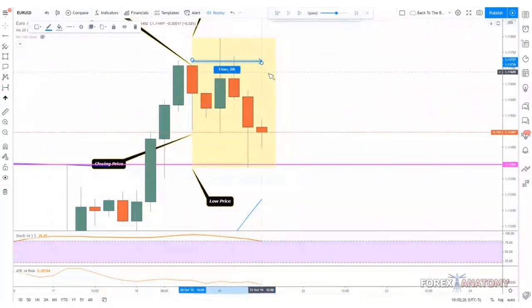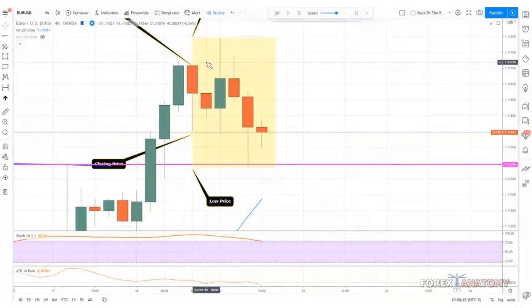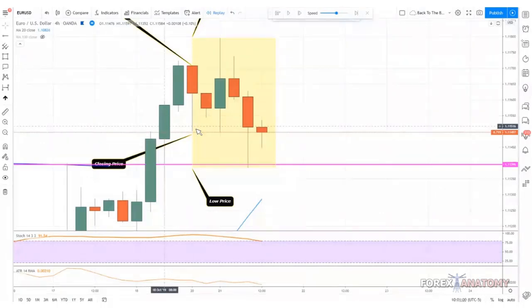Really, this is really 6 4 hour candles. So then we have this candle right here, this candle, this candle, this candle, this candle. But we can see here that on this particular day, price went up, then it went down. It went down, then it went up, then it went down again to test these lows, then it pushed up, right? That's what happened on this particular day.